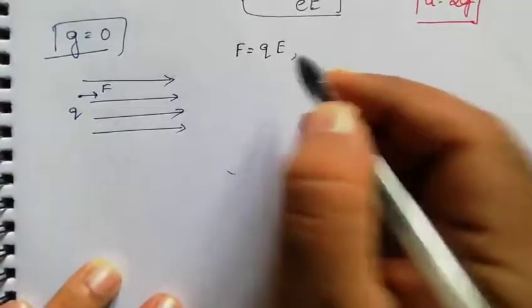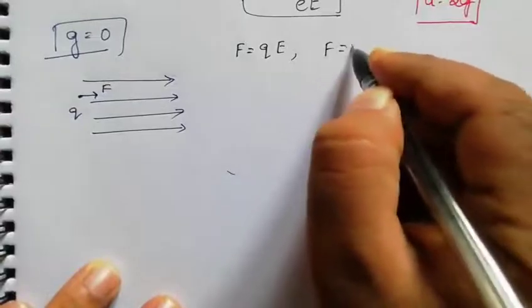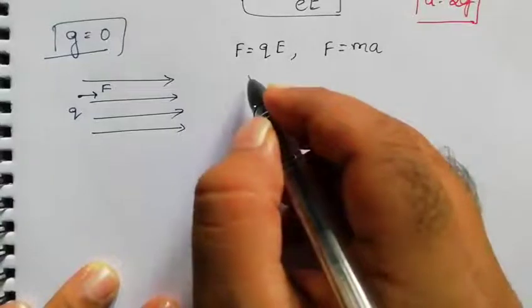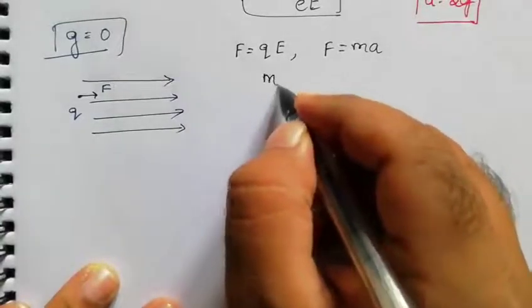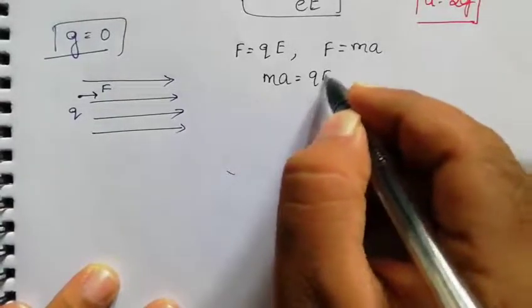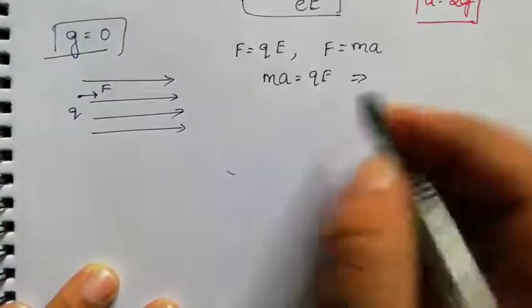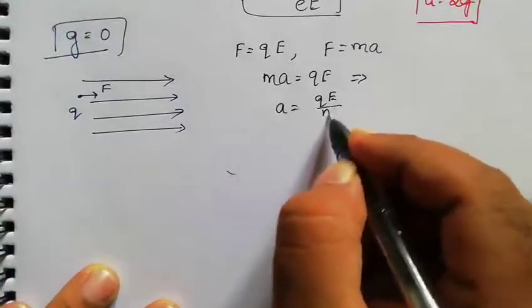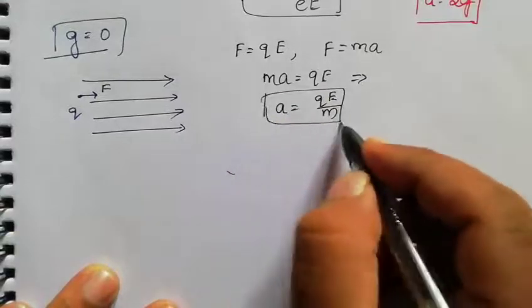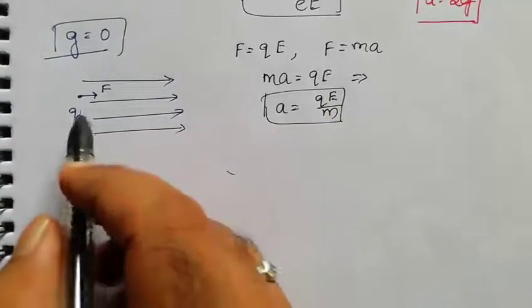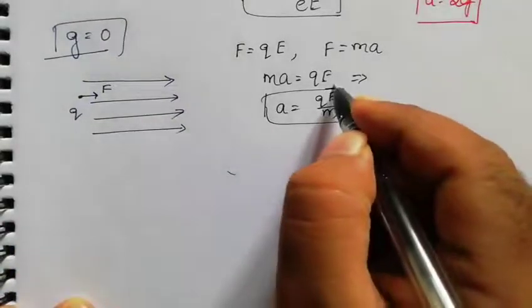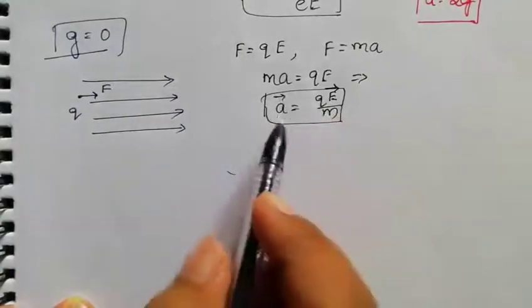Yes or no? From Newton's second law, what we know? Force equal to mass into acceleration. So from these two equations I can write m into a equal to Q into E, which implies acceleration equal to Q into E by m. So with this acceleration, this particle is moving. What is the direction of acceleration? Direction of acceleration is in the direction of